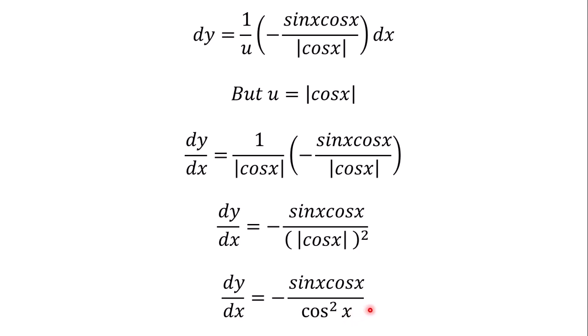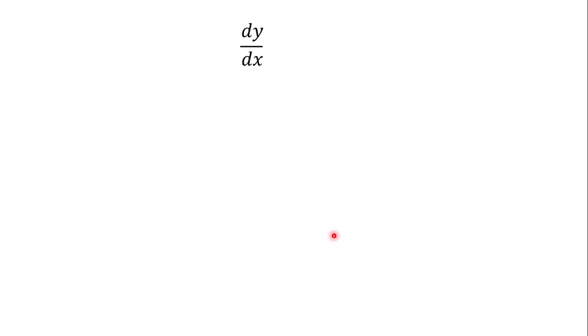So here, what can we do again? This can cancel out with this one. This can cancel out with this 2 here, and it will be left with sine x over cos x. Here we have cos x squared, and cos x squared is the same as cos x times cos x, and then we divide it by this cos x here. We're going to get cos x. So this cos will cancel out with this, and it will be left with cos x. So dy over dx is equal to minus sine x over cos x,